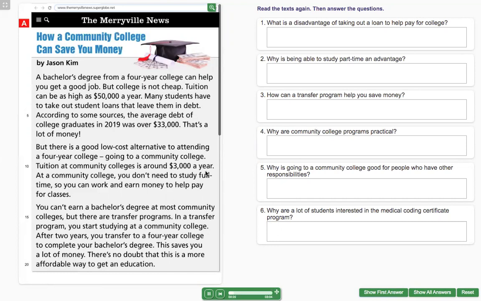According to some sources, the average debt of college graduates in 2019 was over $33,000. That's a lot of money. But there is a good low-cost alternative to attending a four-year college: going to a community college. Tuition at community colleges is around $3,000 a year. At a community college, you don't need to study full-time, so you can work and earn money to help pay